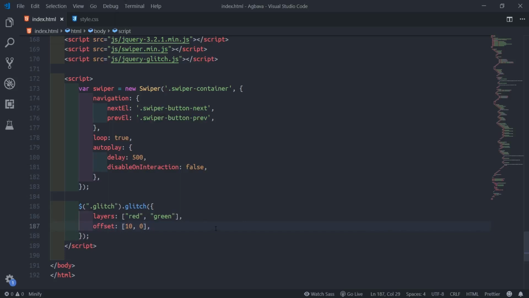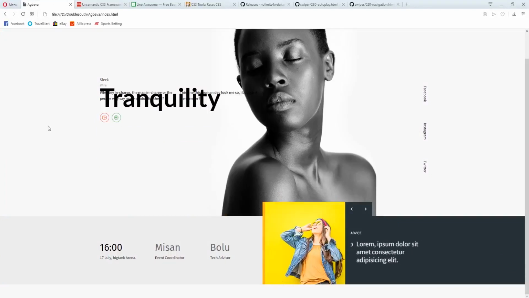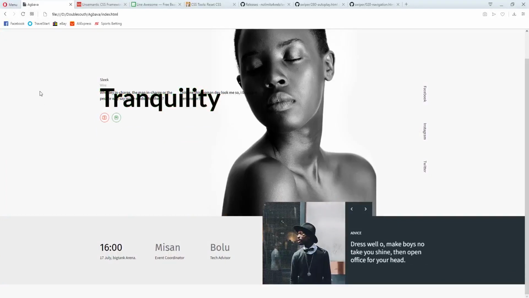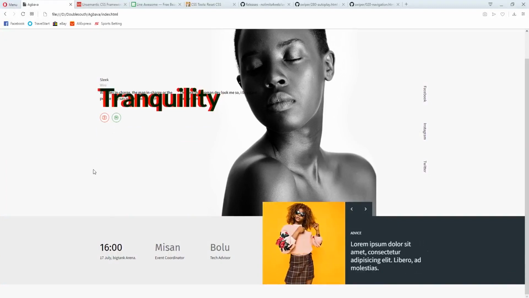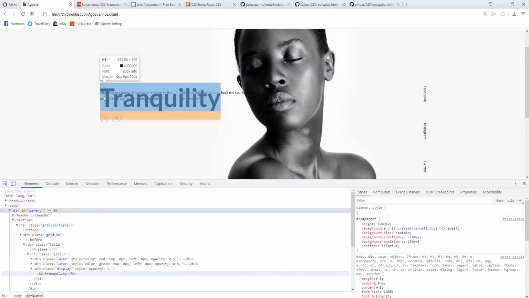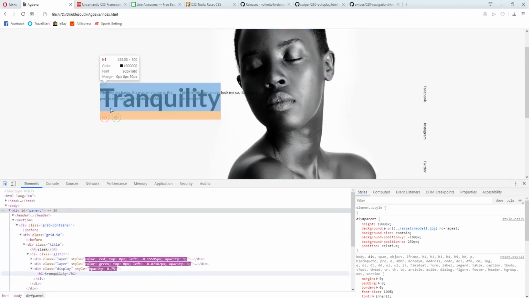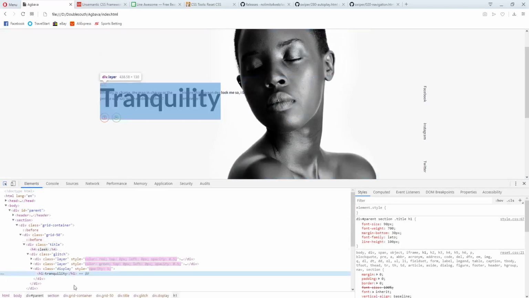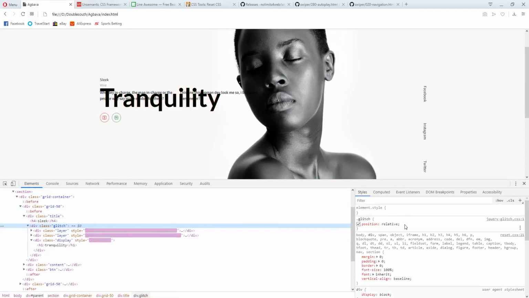So we'll enter the browser now, then we'll test. Refresh. Okay. You see how it happens now, but it got pushed up. So we'll inspect the element here. So go inspect the element, then we'll see sleek, tranquility. We'll target this glitch first. Position relative for the glitch.